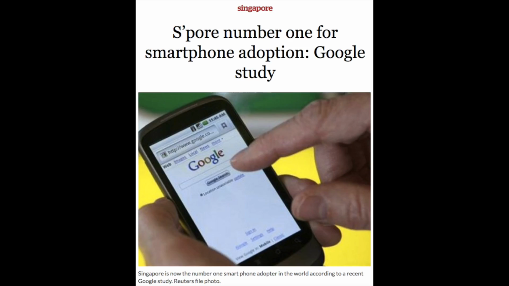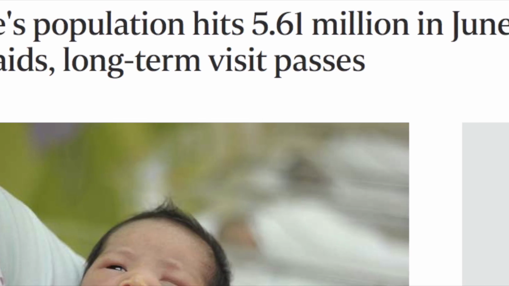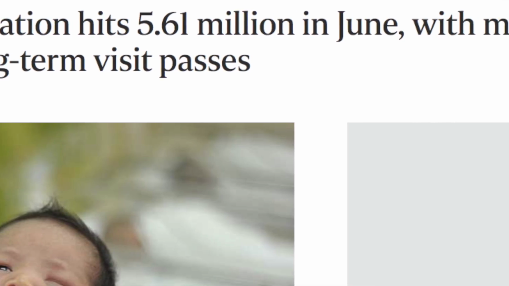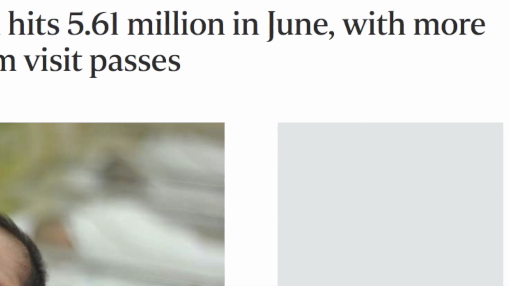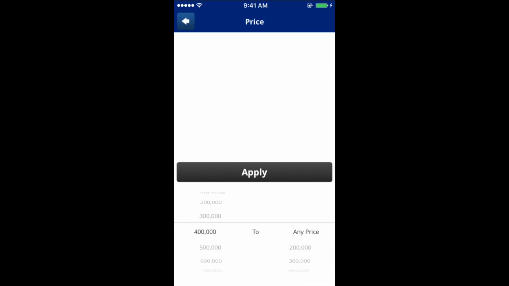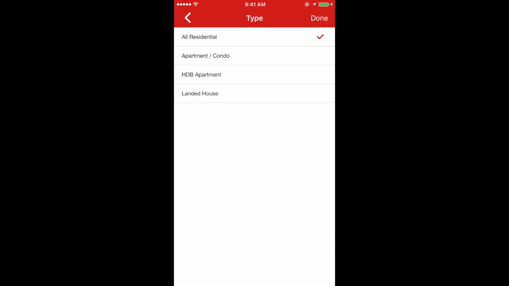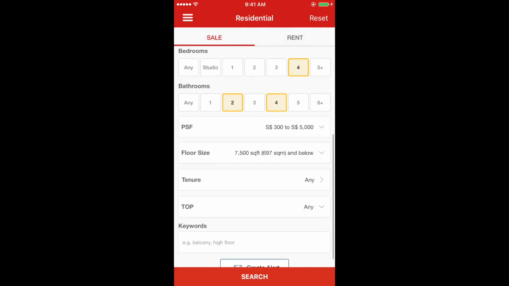The explosive growth of mobile devices, coupled with the surge in demand in the property market due to population growth in Singapore, has given rise to the need for powerful and smart property search applications for mobile devices. However, existing property search applications only expose limited search features, such as basic filtering mechanisms like searching by location, to users and utilize an inefficient map-based visualization scheme to render search results.